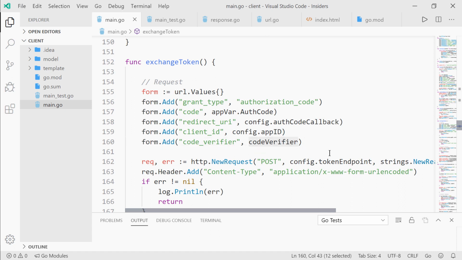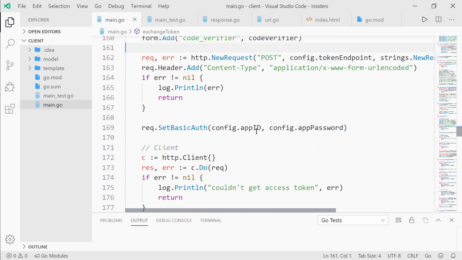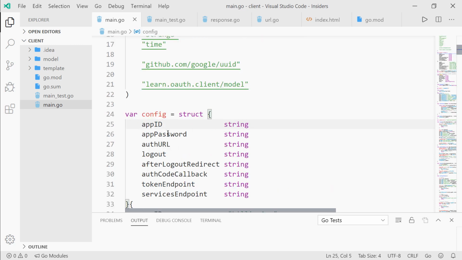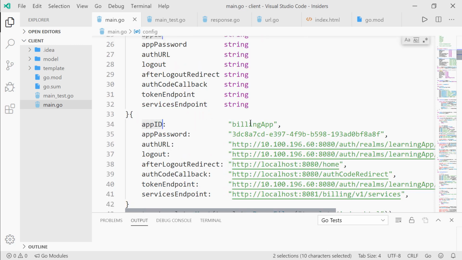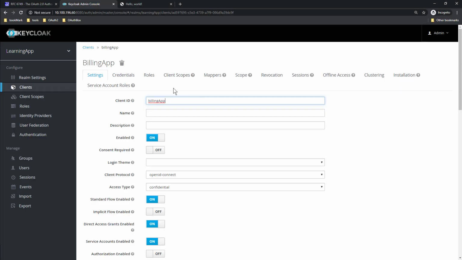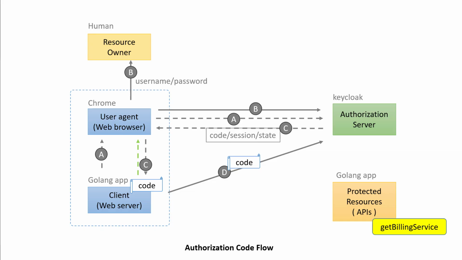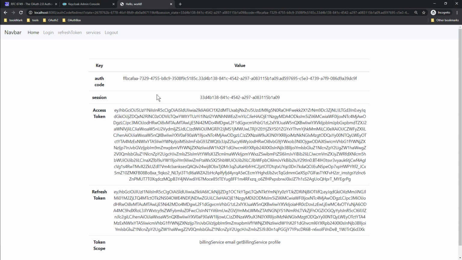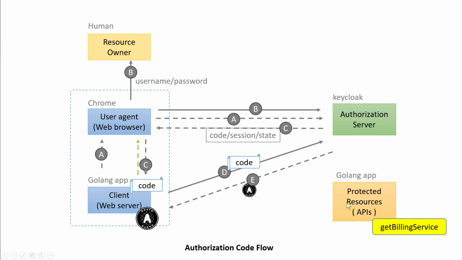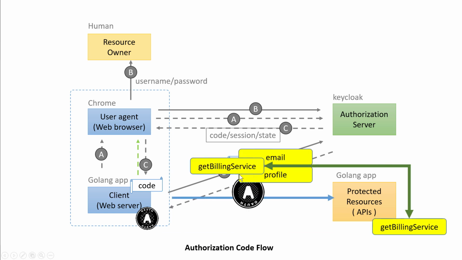The code_verifier is about the Proof Key for Code Exchange, or PKCE for short, which is not relevant here for now, but PKCE is what best practices suggest doing. The basic auth is the combination of the app ID and app secret, which we can get from Keycloak, here and here accordingly. Once the exchange is done, we get an access token like so that we can use to access a protected resource as usual. Let's access the service, which will make a request to the protected resource behind the scenes,